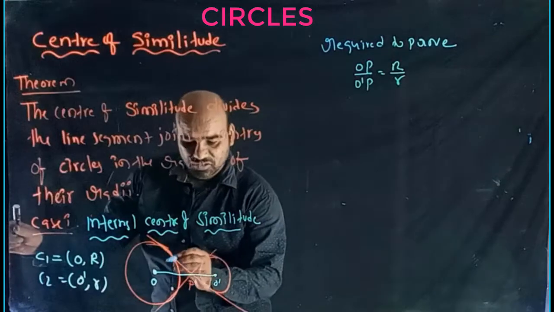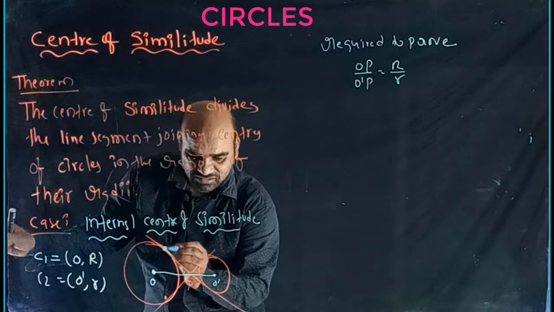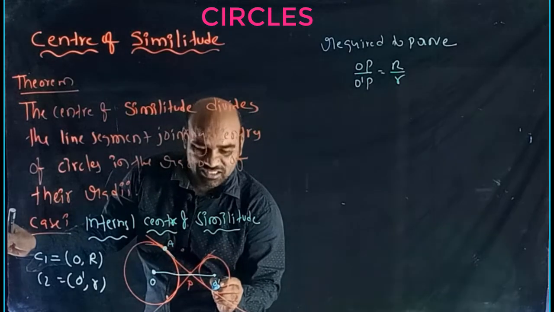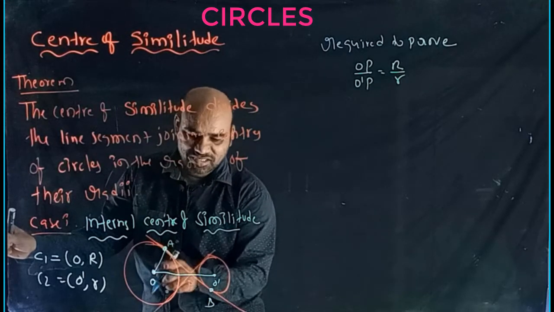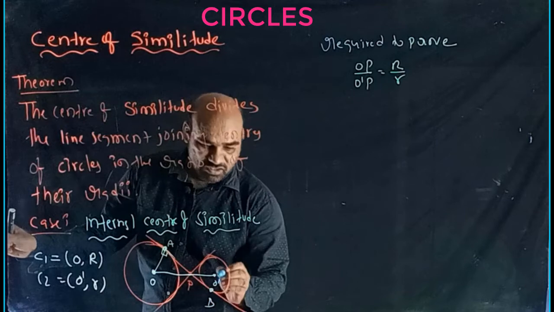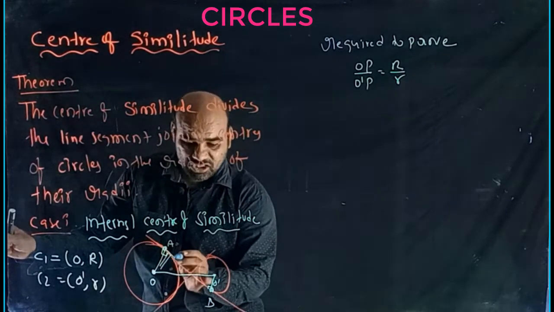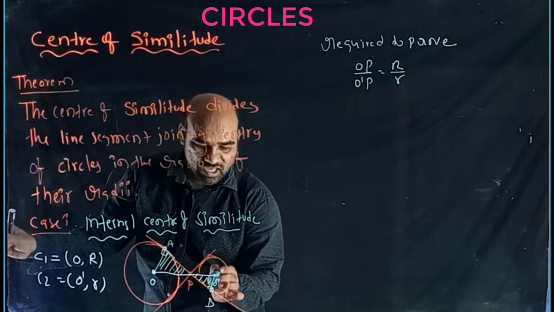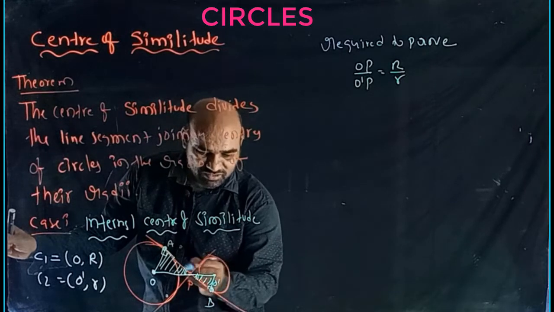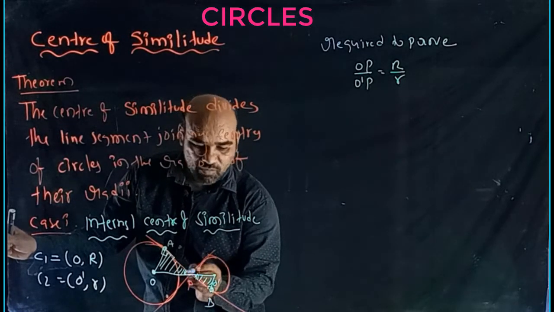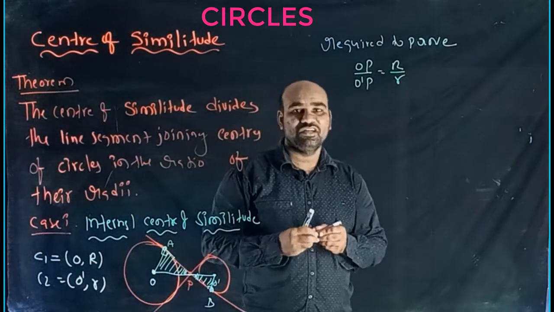Simple. So do one thing. This is one of the common tangents. Let the points of tangency with the circles be A and B. Join OA. This is a tangent, so the radius is automatically perpendicular. Join O dash B. Tangent, radius automatically perpendicular. Now compare these two triangles. They are similar because vertically opposite angles are equal, since all of these three lines are straight lines. Here one angle is 90 degrees, another is 90 degrees. From AA similarity, the two triangles are similar.